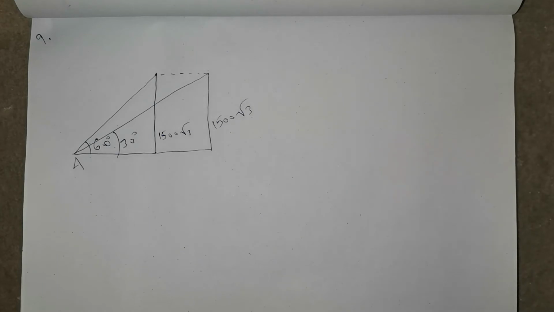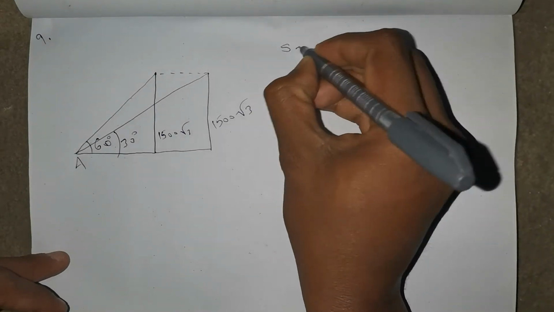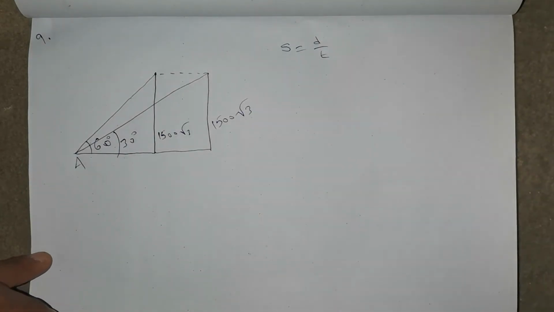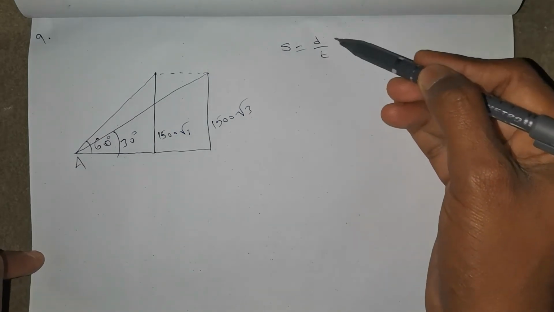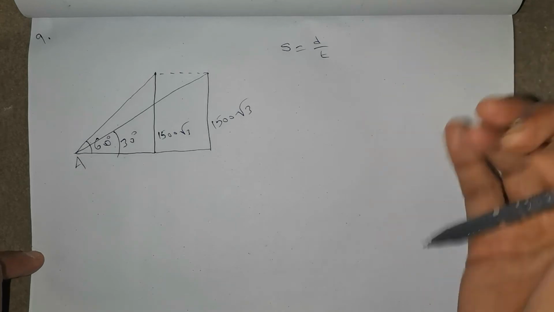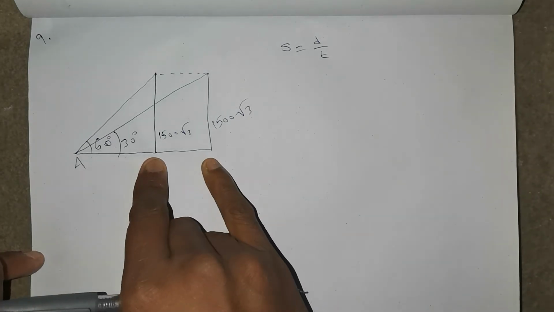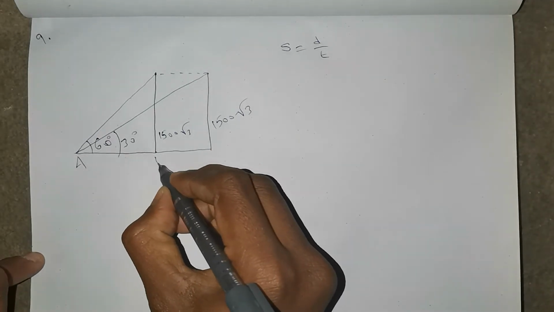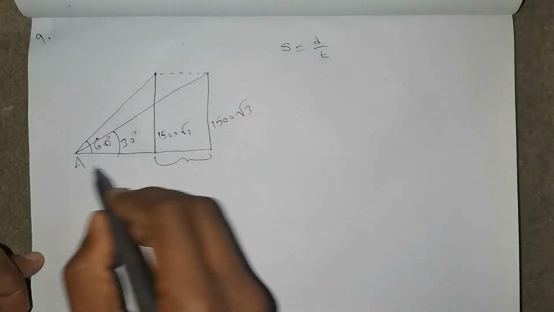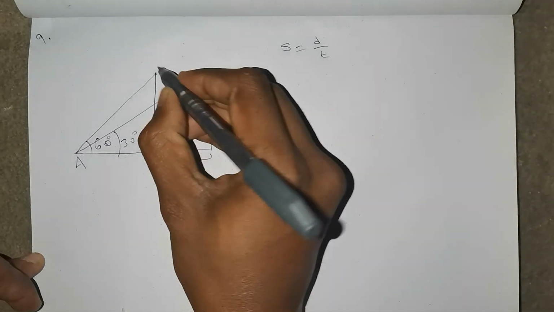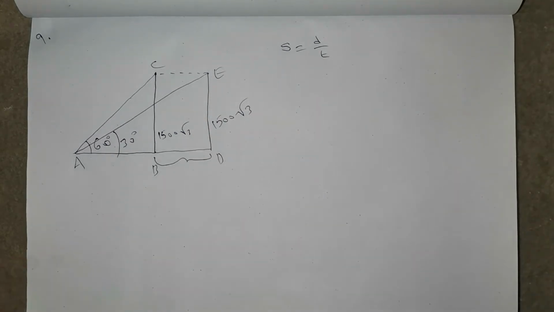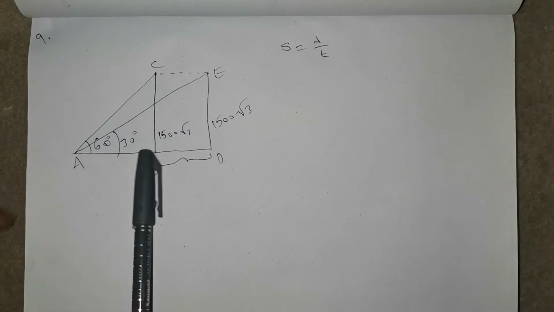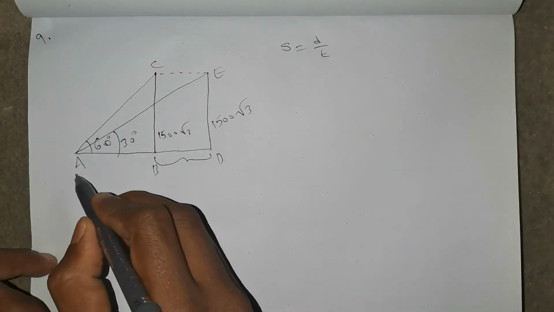So we know one formula related to speed. Speed is equal to distance by time. Time he clearly mentioned it is 15 seconds. Then our duty is to find the distance. It means in 15 seconds how much it traveled from here to here. So if I name the points A, B, C and this point D, this is E, we need to find the BD distance. So first I will go with the smaller triangle, then I will go with the bigger triangle.